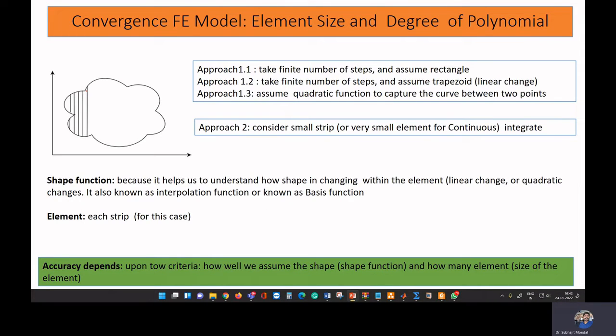or higher function which can capture the shape of this curve, and you take the area of each strip and take the summation of all the areas of all the strips, and you will get the area of that shape. Okay. Now in these approaches 1.1, 1.2, 1.3, I hope you will agree that approach 1.3 will give the most accurate result, because